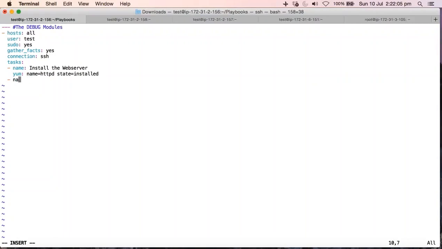But before installing, let me just verify. Okay, so I'm gonna put installed, and I'll put another module called debug. That's what we are doing now. Message equals